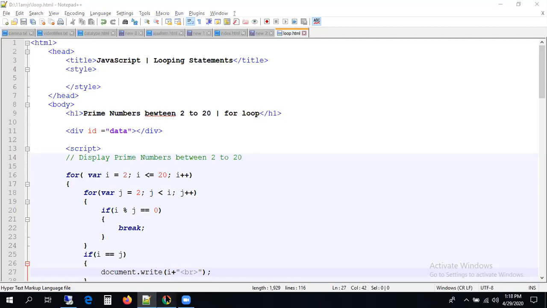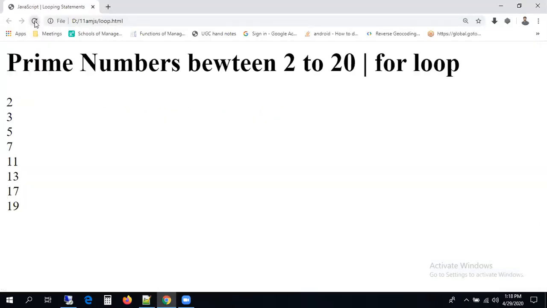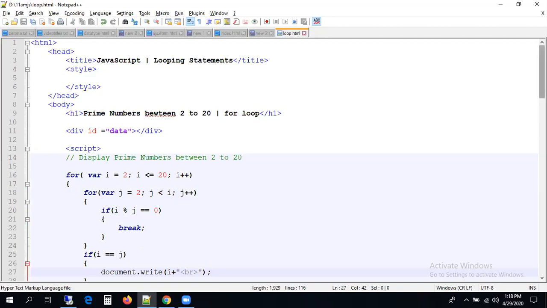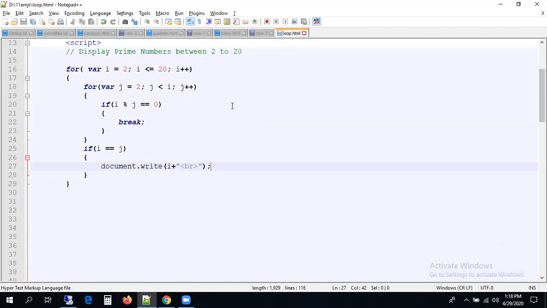Let us see my logic. Can you see my logic is printing the prime numbers between 2 and 20? So how is this loop iterated, how is this loop going to be iterated, we need to know, guys. Let us check the loop iteration process here. If you see this program, it is very simple logic, nothing to worry about. So what is the value of i? Initially we are assigning a value. Let me show you here. So this is going to be true, less than or equal to 20.